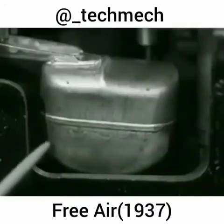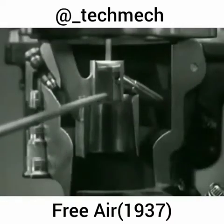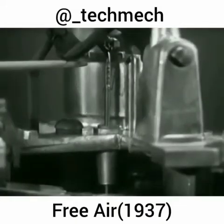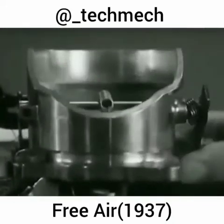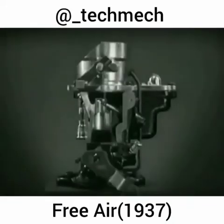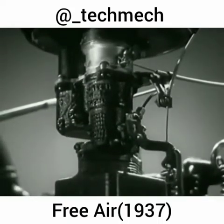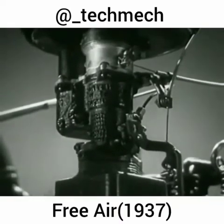There are float chambers to regulate the fuel supply, different jets for better speeds, Venturi rings for better mixing, metering pins, throttles, needle valves and chokes for control and economy. All the features that engineers have designed with great care to make sure of economical results. But the principle is still the same. The carburetor has but one purpose, and that is to mix a little drop of gasoline with a great big